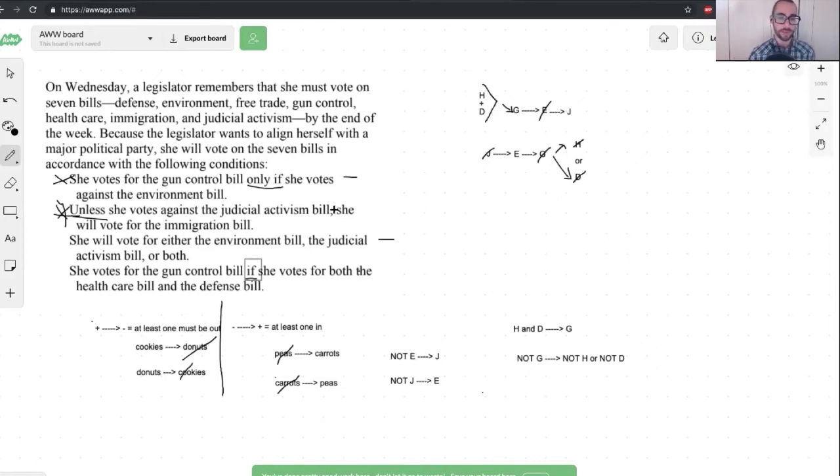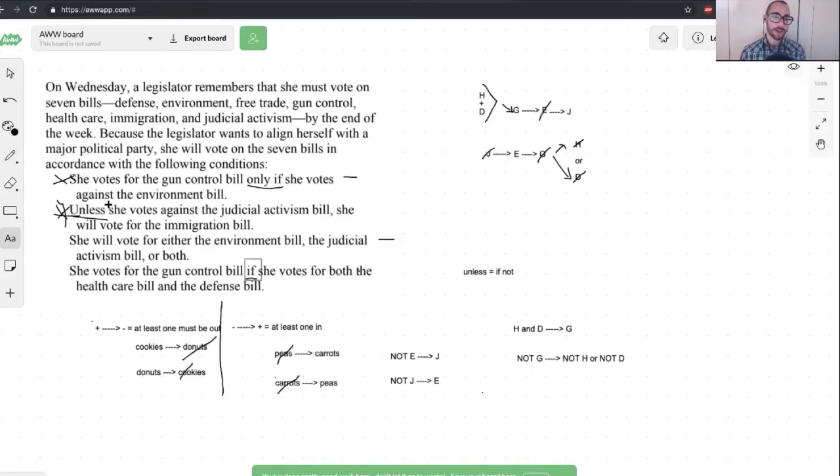Now, finally, I'm going to get into the second rule, of course, the one that we skipped. So this one's a little tricky because it has the word unless. Now, I think the simplest way to deal with the word unless is to define it as being if not. So unless equals if not. It's a simple way to think about it. So if we plug that into the second rule here, unless she votes against becomes if she does not vote